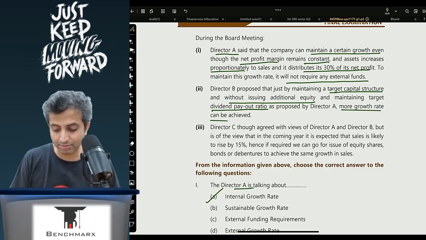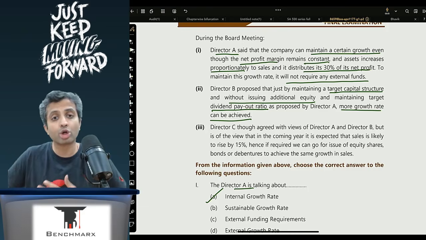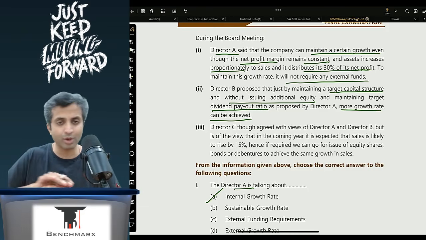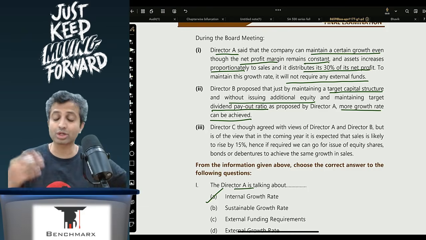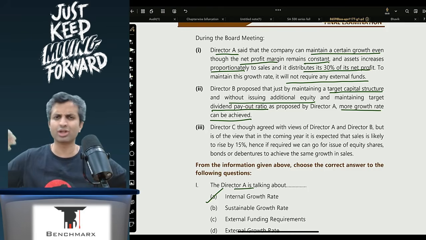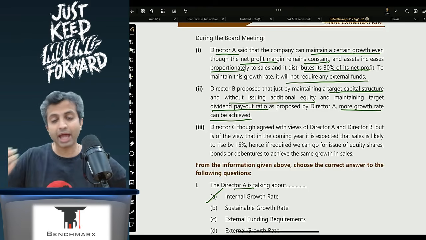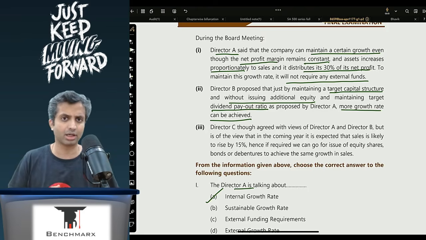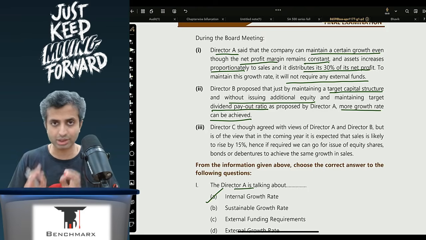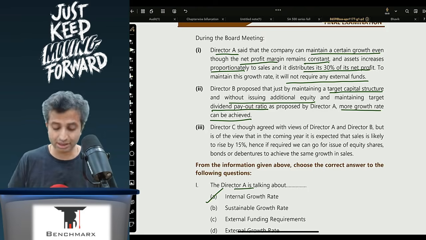More growth can be achieved. Now this is a growth which is based on your retention, and you are maintaining your capital structure, that is, you're not raising any additional equity, not raising any additional debt. At the same time, you are having a target payout ratio as well, and hence I would say over here